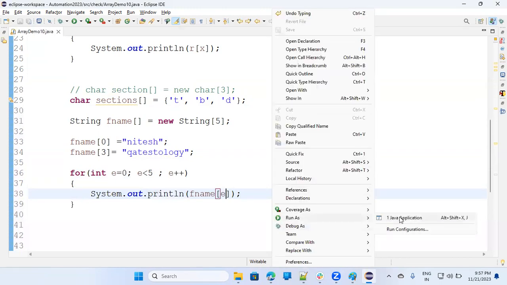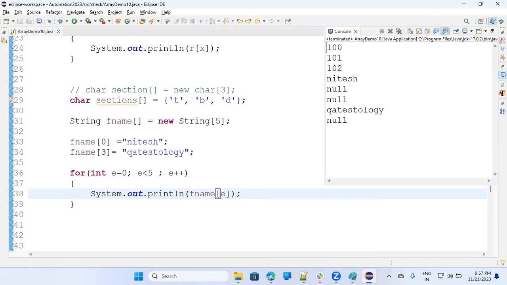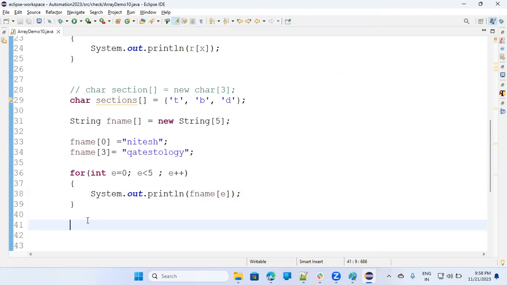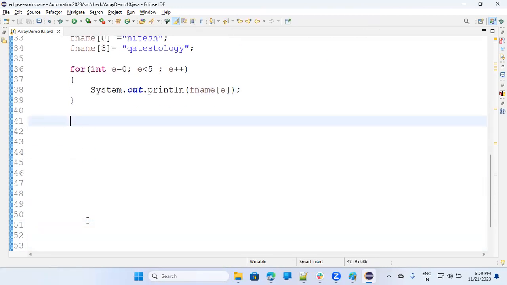So now it will resolve one more doubt: when we are not filling the value, what value will be assigned in a string array. So if you see here, fname 0 is Nitesh, fname 1 is null, fname 2 is null, fname 3 is QA testology, and fname 4 is null. So whenever you are not putting any value, by default in a string array, the value will be null. Fine. It's a simple thing about the array. Now,